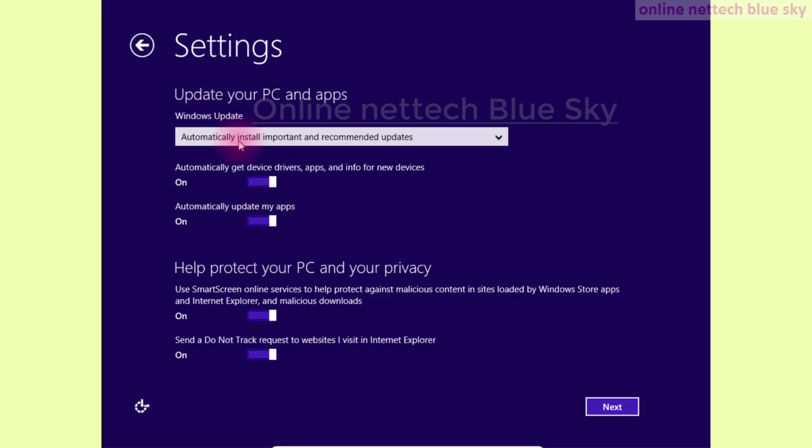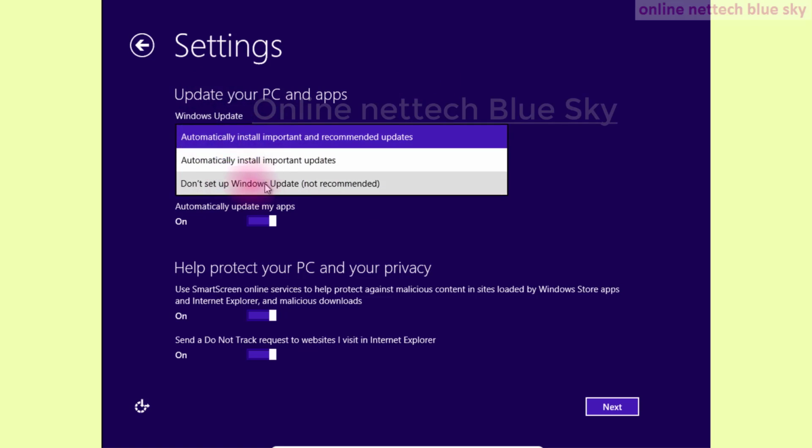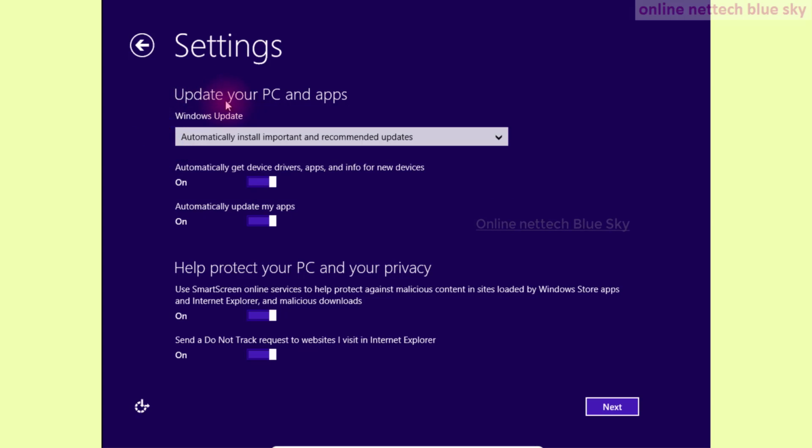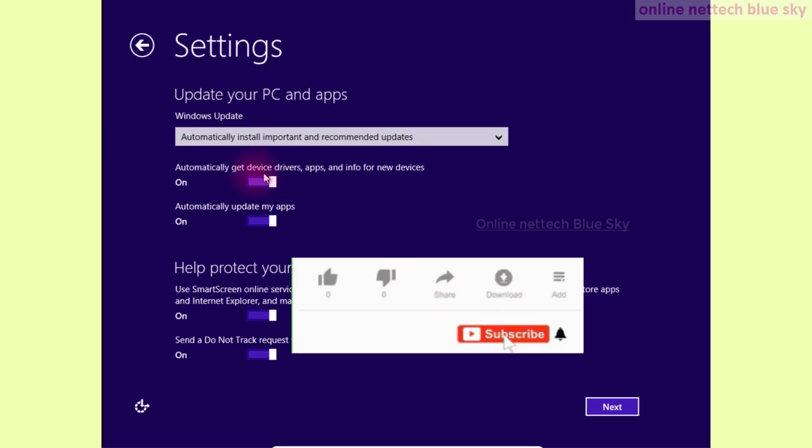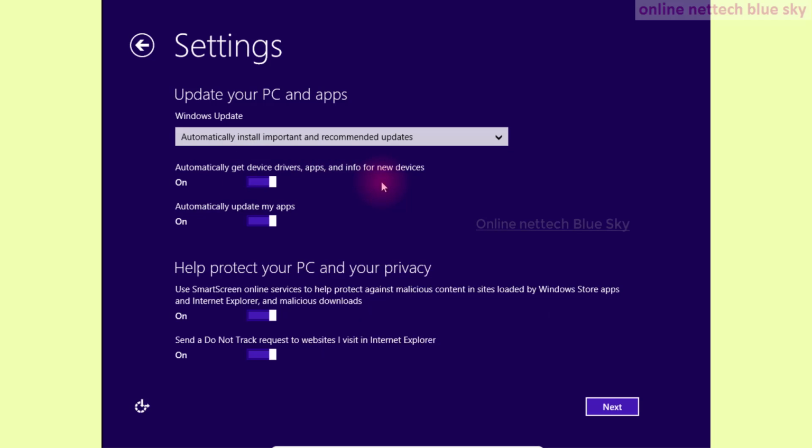Even if you don't set up a Windows update, you can still update. First, you must have an internet connection. Then automatically some drivers, some applications, new device related files, and very important files and some features are downloaded from the Microsoft server.